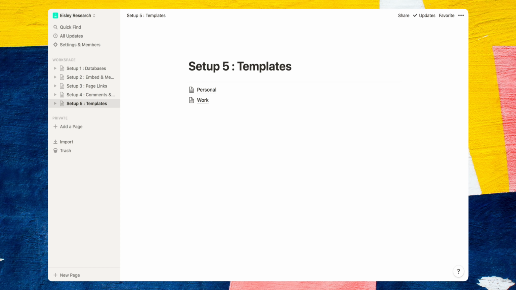All right, so for the final setup, we're focusing on templates. Now, if you're familiar with templates, you might view them as a fancy way to duplicate pages. However, let me show you a few ways that templates can boost your productivity even further. Let's dive into the personal page. And as you can see, we have a new project template block. When we generate a new project,